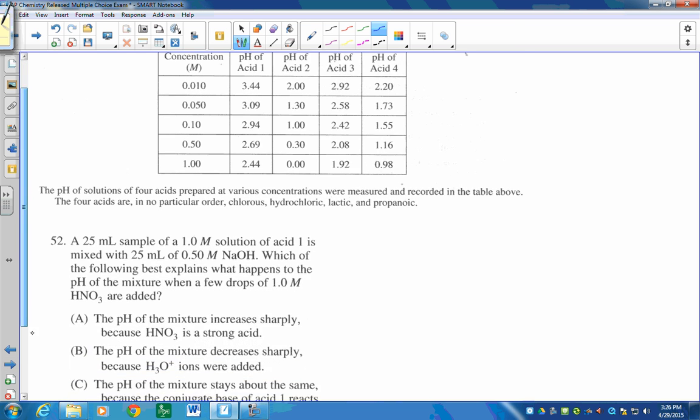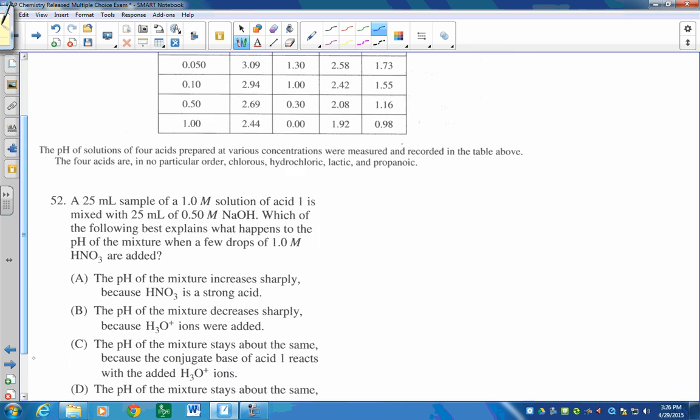This one is probably the toughest. Here's what I need you to see. 25, 25. The volumes are the same. The acid is 0.1 molar. The base is 0.5 molar. So what you can see if you understand that equation is you are at the half equivalence point, because MAVA